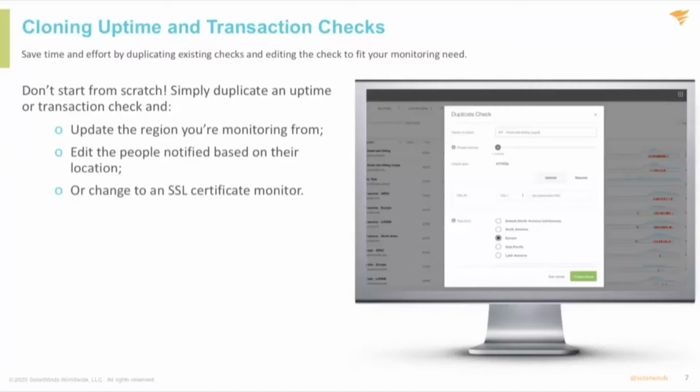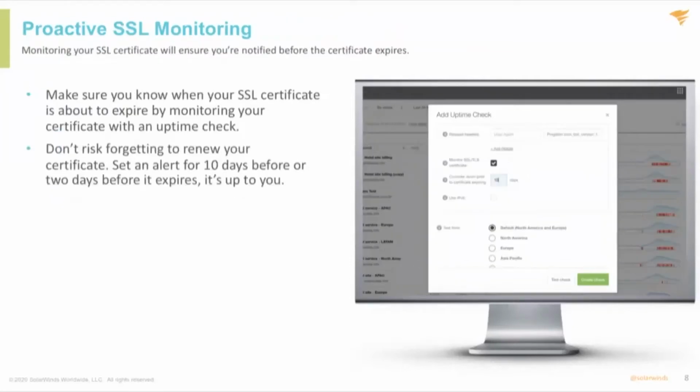Additionally, for transaction checks, you can duplicate these checks and change the alert settings, the frequency, and the region, like I said. It's also really great if you have an uptime check set up for a URL and you also want to monitor the SSL certificate. You can just duplicate the check and check that SSL monitoring block,